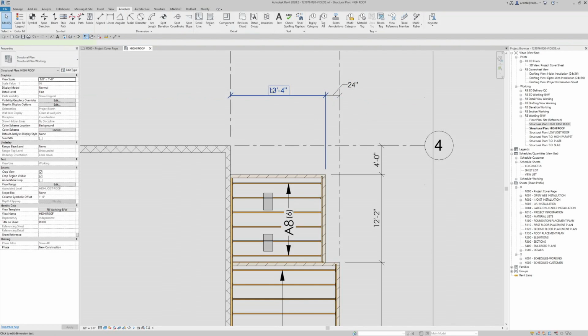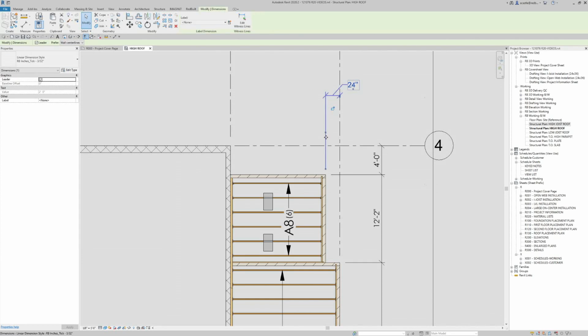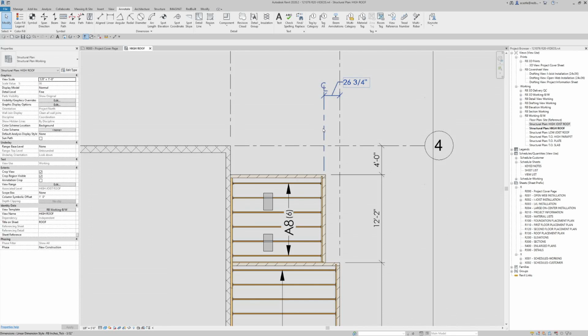Another setting we have for these is if you drag this and select the center of an item, like the center of a wall, and reposition this, it automatically will put in a center line and show the extension line as a center line type. Now this will automatically do it whenever you select any kind of center, be it the center line of a joist or a wall. If you do not want to show the center line, then you'll need to create